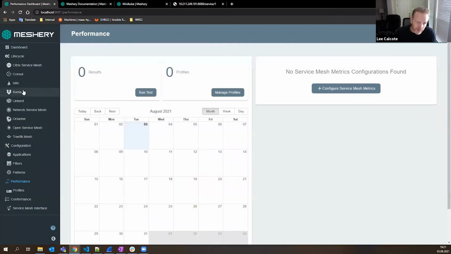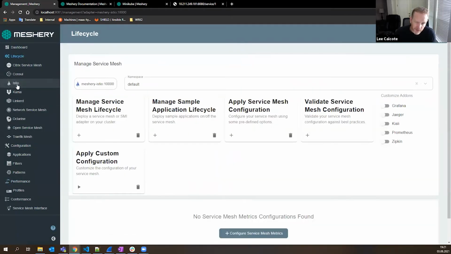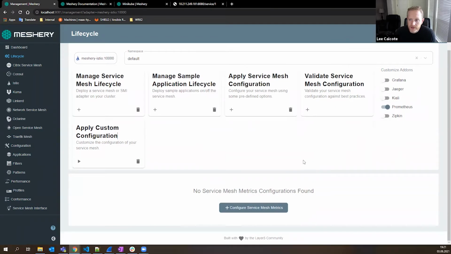It'll just deploy a copy of Prometheus to your Minikube. It is that series of switches on the right-hand side. Fairly shortly, you should get a notification back that says Prometheus was deployed. As you navigate back to the system dashboard,